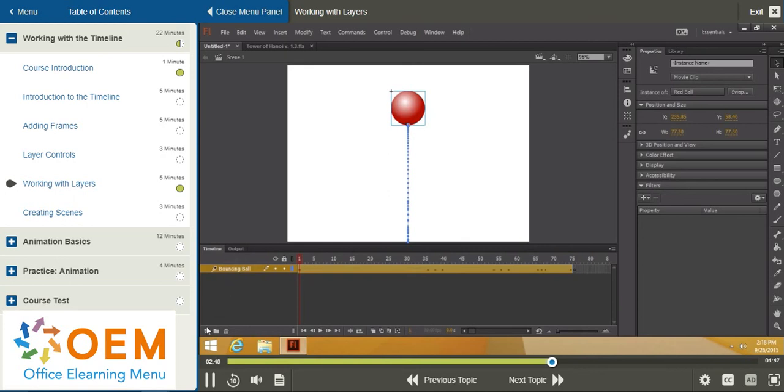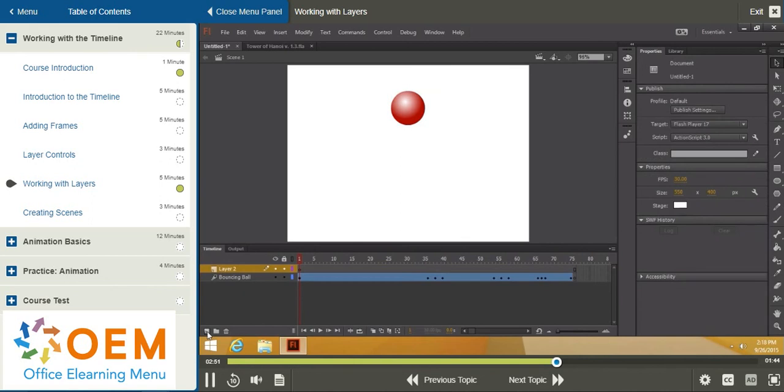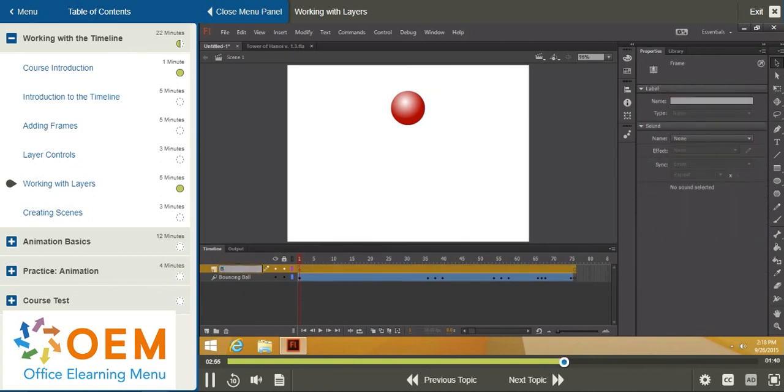Now, you can create new layers. I'll go ahead and click down here to create a new layer. And there you go, layer 2. And I'm going to call this box. Now, on the box layer, which I'm going to create